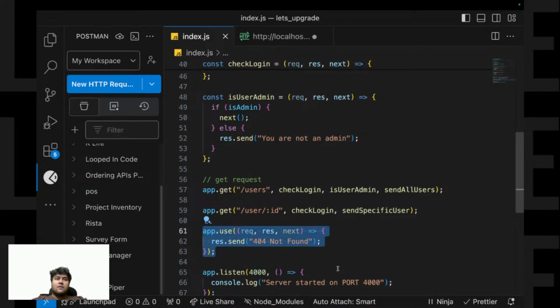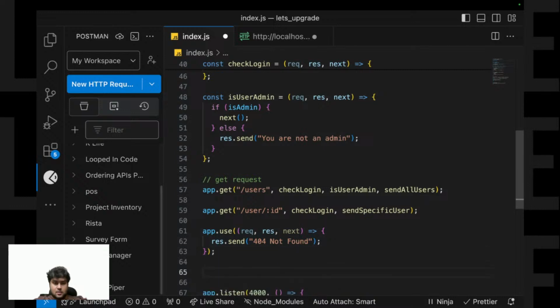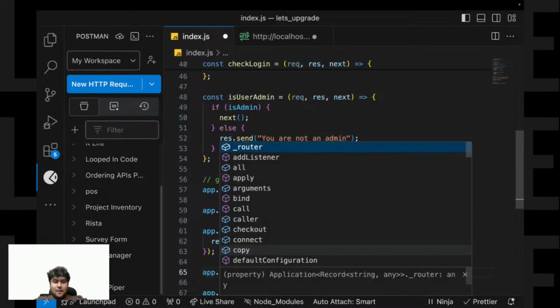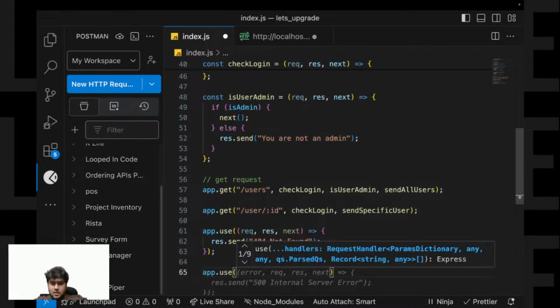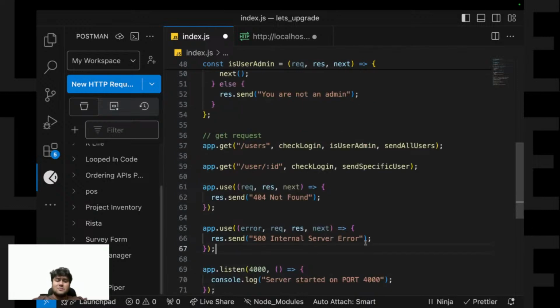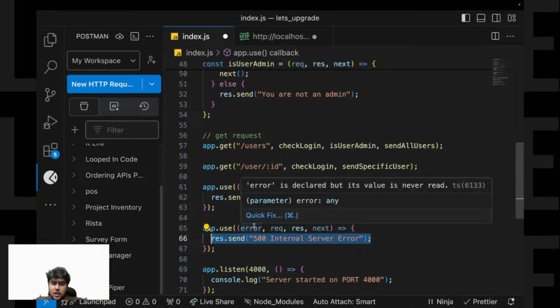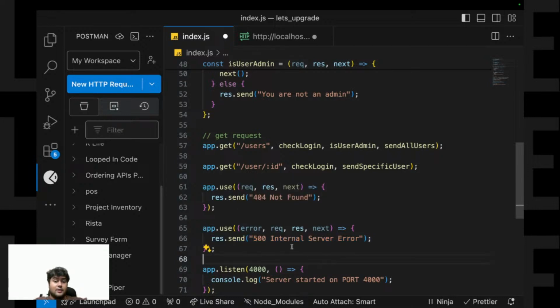Okay, and in a similar way, if there's any error, you can encounter that using this method again. App.use, you mention error. Okay, and if by chance the server crashes, you can simply send response.send 500 internal error found. Okay, so the difference between the above and below statement is that there's an error over here.